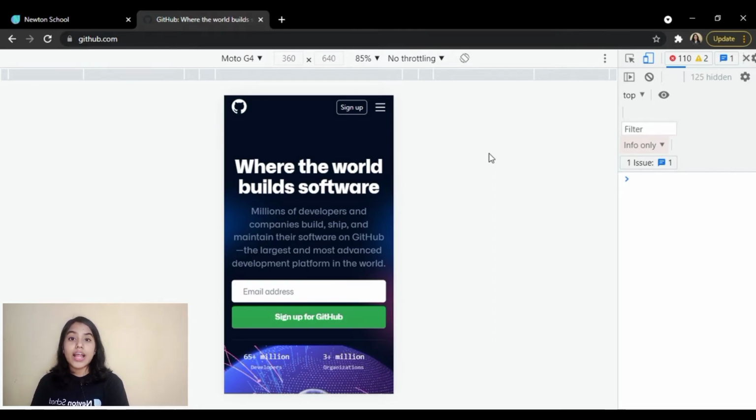Also, the elements' positions in desktop were different, as we can see over here, right? The mobile view elements are positioned differently, so that is why you will see that according to the width of the device or the width of the screen, this particular website has adjusted itself.